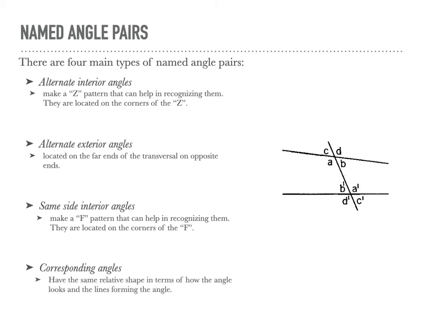And last but not least, we have corresponding angles. So these basically have the same relative shape in terms of how the angle looks and the lines forming the angle. Now, of course, the shape of corresponding angles will vary, but in parallel lines, the